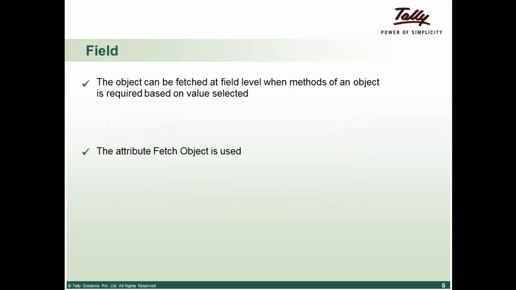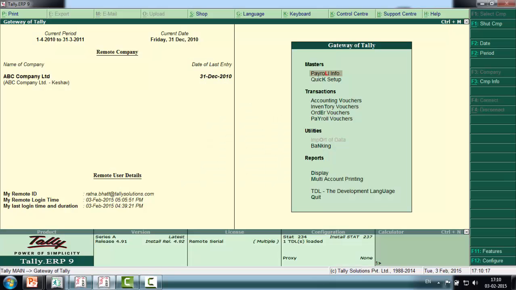So starting with the field. An object can be fetched at the field level when a method of an object is required on the value selected. The attribute we have is fetch object. There are some examples that we can take here. For an example,